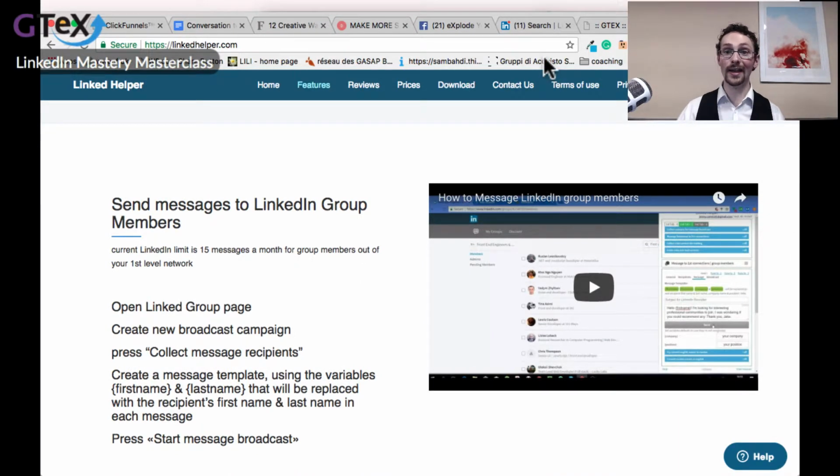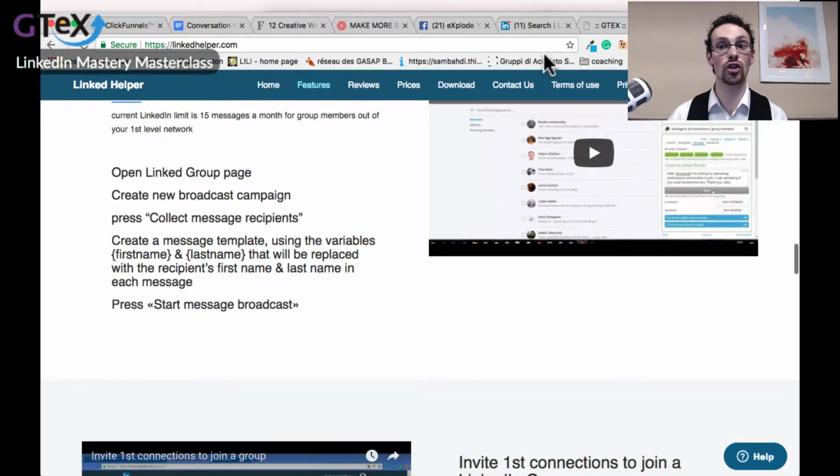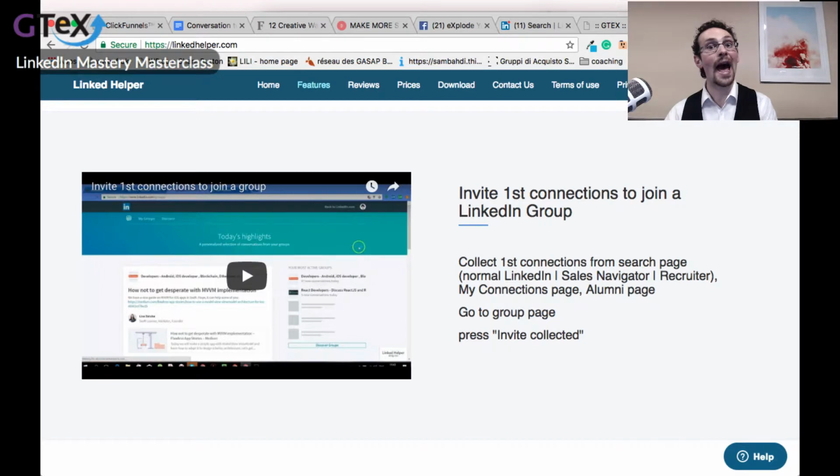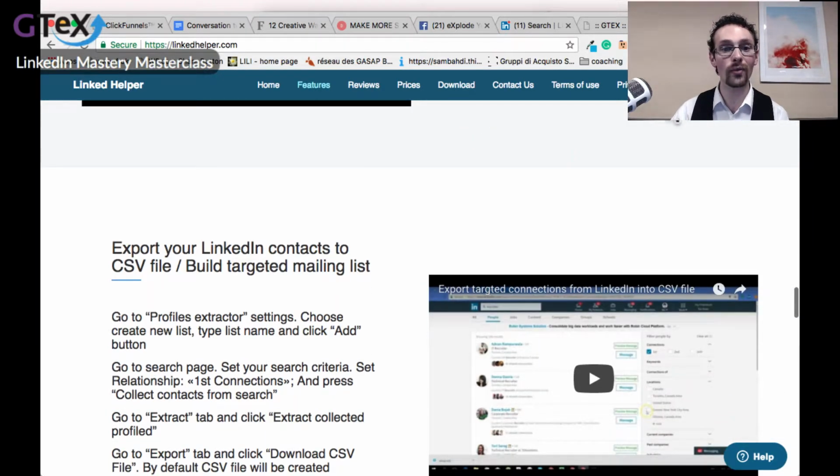If you have a LinkedIn group member, you can send a message to a LinkedIn group member, because LinkedIn blocked that feature of sending messages to members that before you could do normally. So with this bot, you can actually send a message to your group members. You can invite first connections to join a LinkedIn group. So if you have a LinkedIn group, automatically you can send an invitation to your first connections to join the LinkedIn group. And also, and this is something which is a bit borderline,